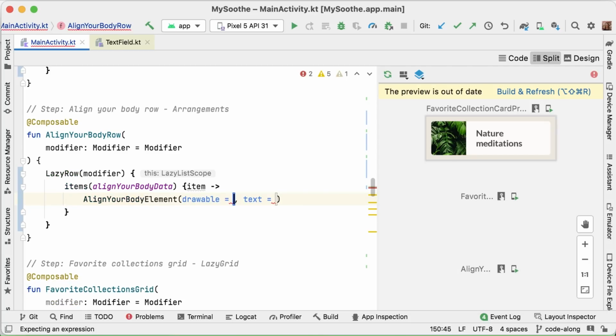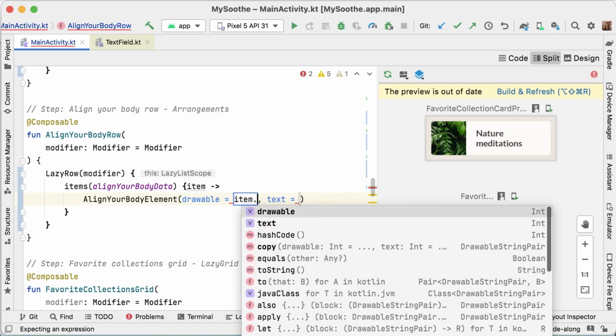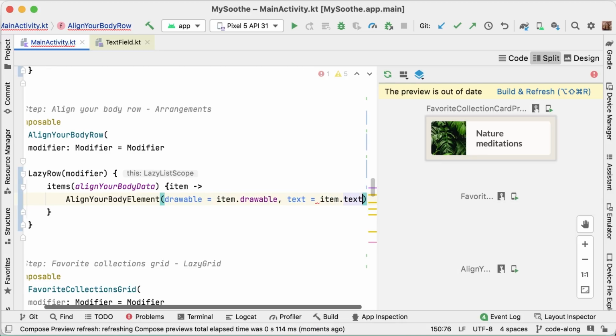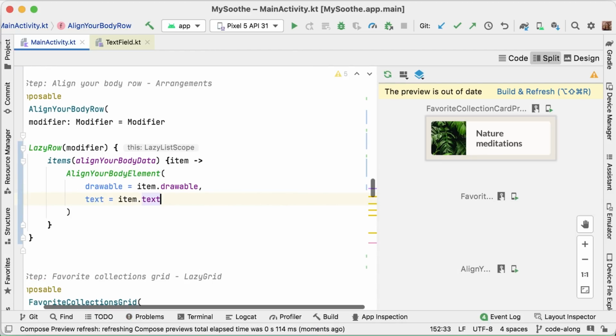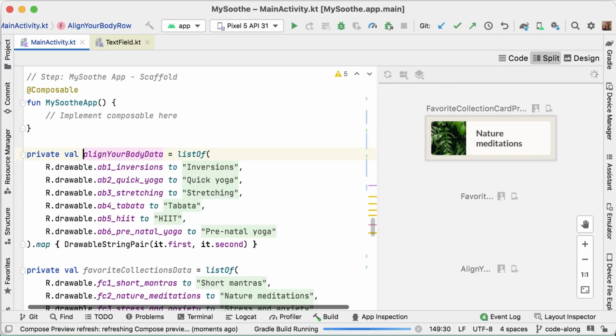Not the row, because that will be a huge recursive thing, which will probably definitely break my computer. We're calling the align your body element, and we will pass in the drawable, which is going to be not an R drawable because that would be fixed, but instead we're going to get that from the item. So we can give the item drawable and the text can be the item text. So with that, basically what we're saying is we're using this data, and let's take a quick look at what that data is.